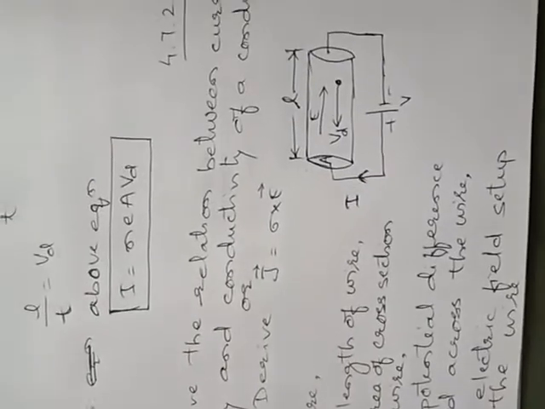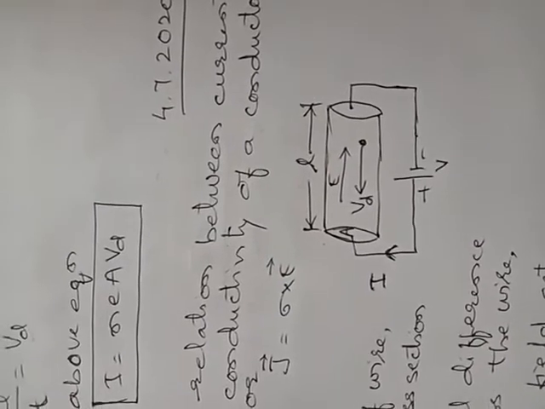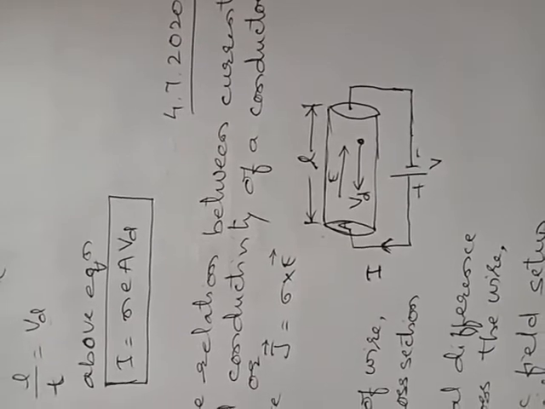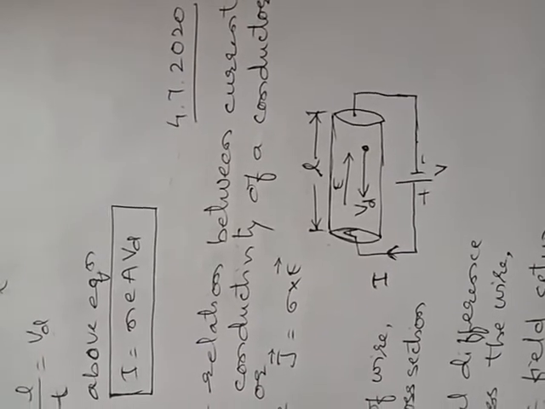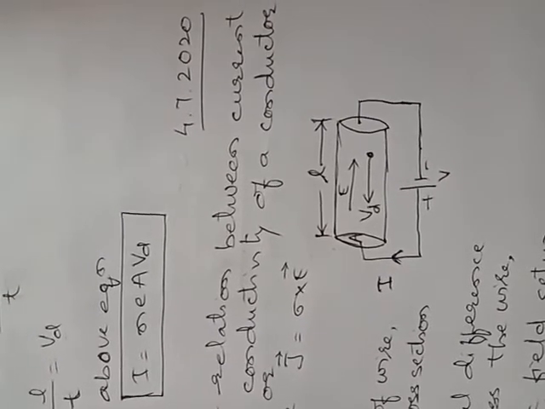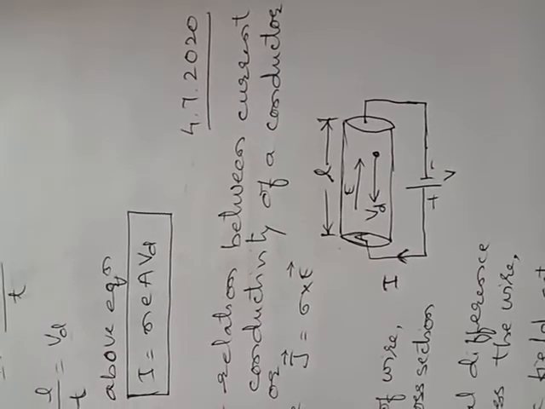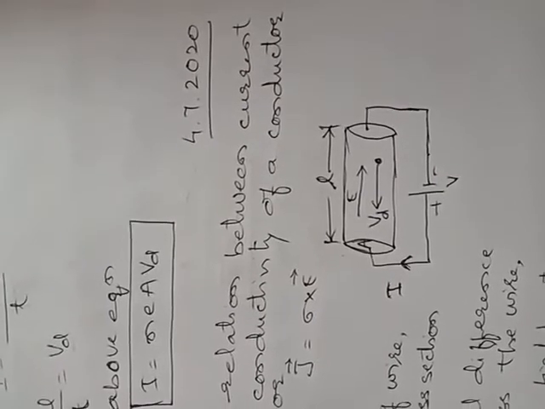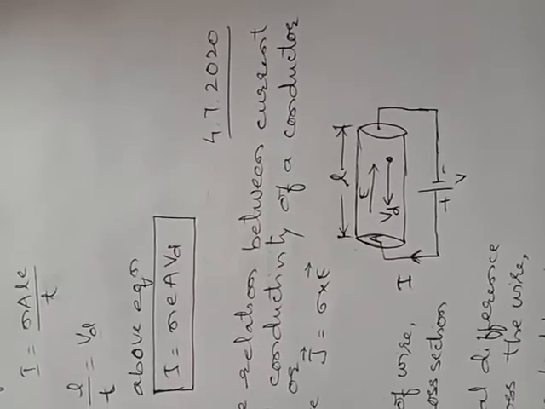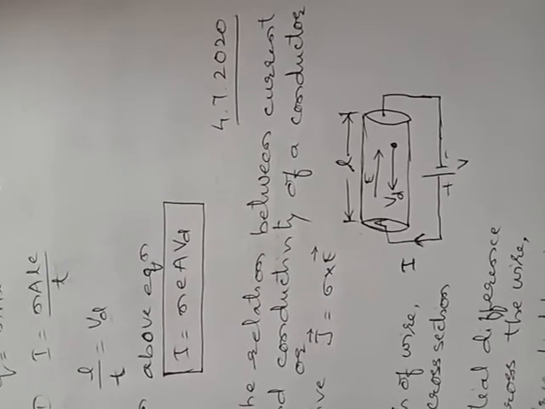Okay, so yesterday we have derived two relations. First is the expression for the drift velocity, and second, the relation between the current and drift velocity. On the same track, we have to derive this relation, that is J is equal to sigma into E. J is the current density, sigma is the conductivity, and E is the electric field. So for your annual exam, yesterday's two derivations, and today also we will complete the two derivations which are very important. So we will start with the derivation.